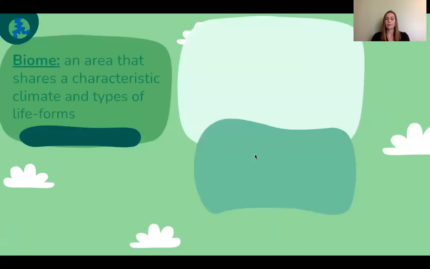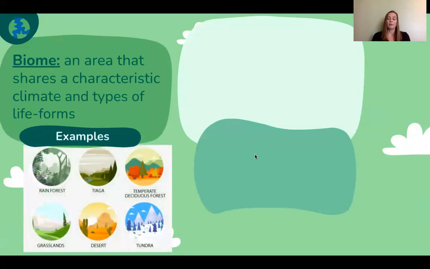So first, what is a biome? It's an area that shares a characteristic climate and types of life forms. So if we were to look at some examples, we have a rainforest. That's probably a very familiar biome, although it's not one we live in. We have the taiga, which is probably less familiar to you. It's frequently known as a boreal forest. So this is a far northern